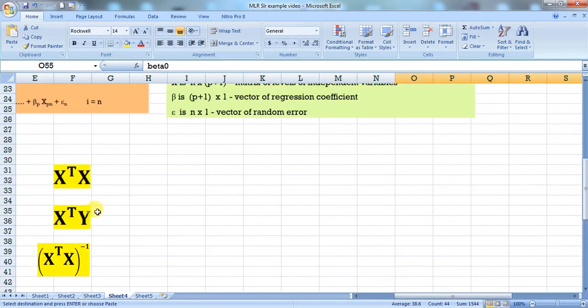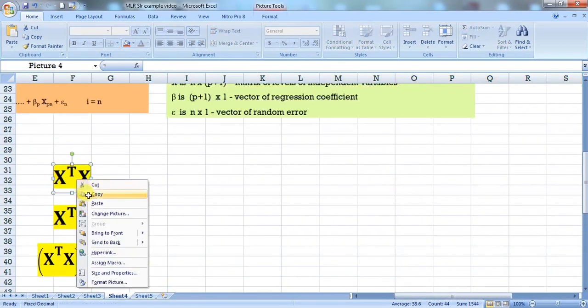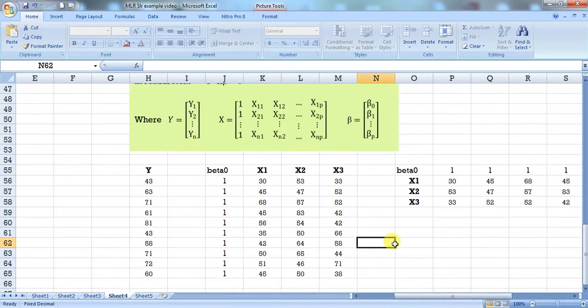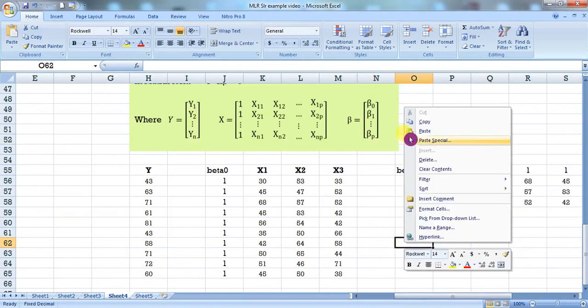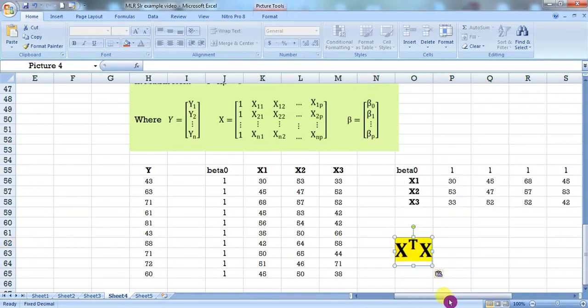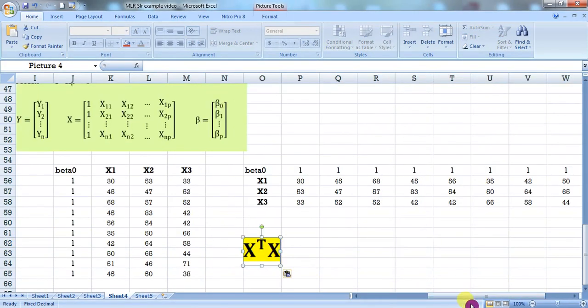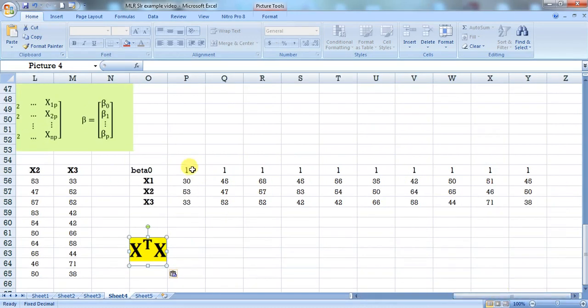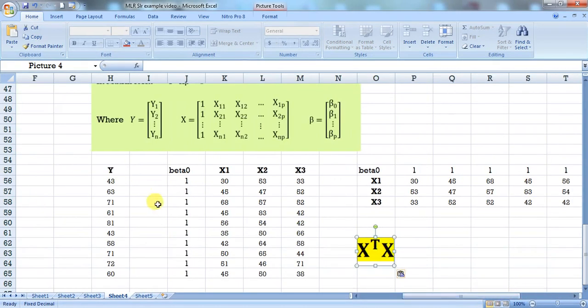Now what do I require? X transpose x. Now first see what is the order of x transpose. There are how many rows? 1, 2, 3, 4. How many columns are there? 10. Okay, so 4 into 10. What is the order of x? There are 10 rows into 4 columns. So 10 into 4.